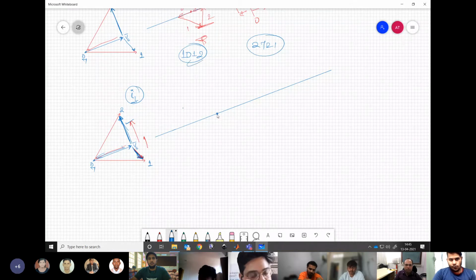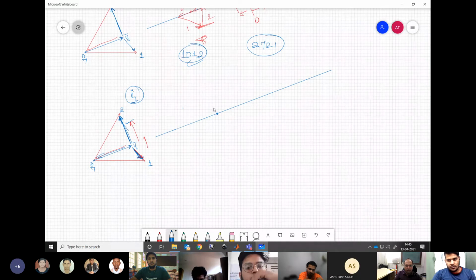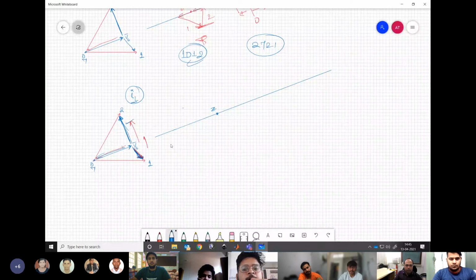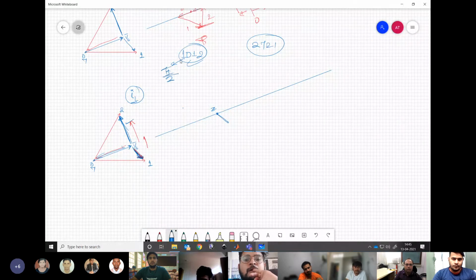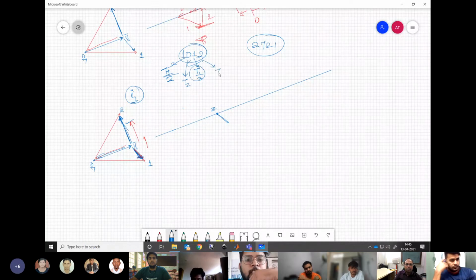Let's say you take first 1012. Now for 1012, what will happen? This is your origin point. So let me indicate it with some other number, let's say Z0. Then first we are going along voltage vector or error 1, for how much time? T1 by 2. Here our active time vector is split. Then we are going for the 0 vector, TZ. Then again we are coming back for 1 and then we are going for 2.